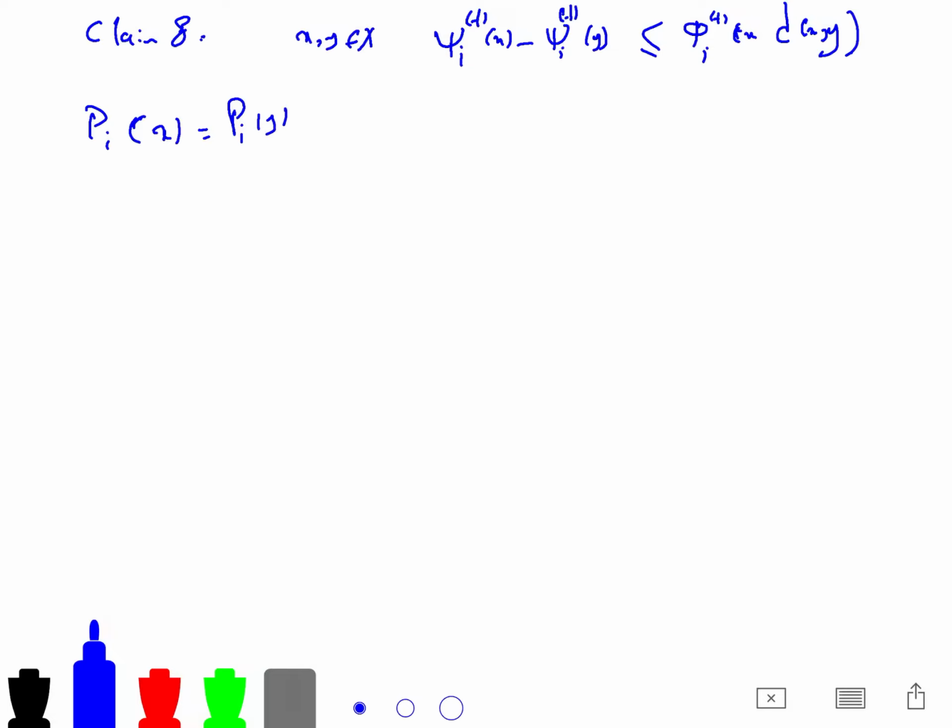So if they are in the same cluster, the same trick. We use claim 7 that says if they are in the same cluster, then their phi is the same. So using this, we can say that phi I of y is equal to phi I of x. And then you just write the definition of psi I,